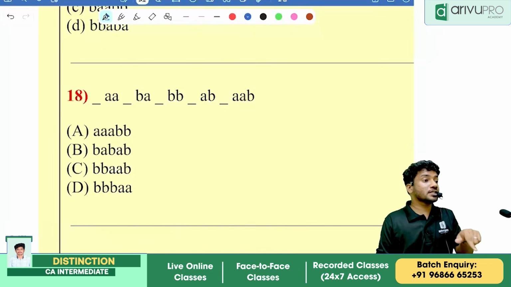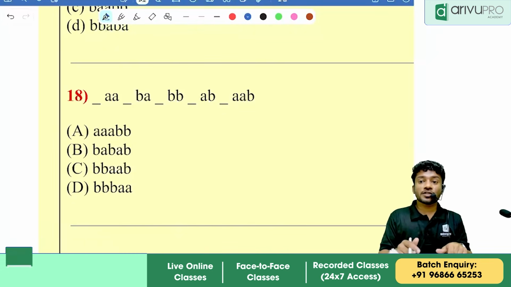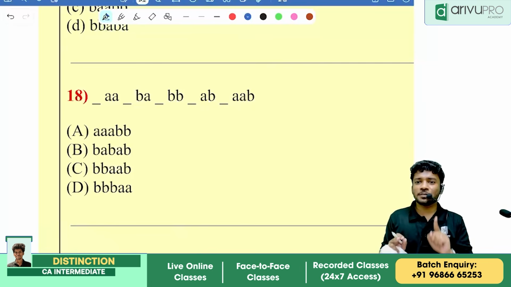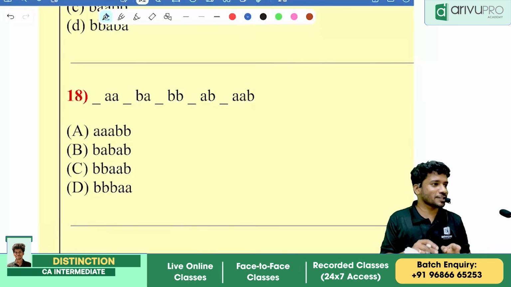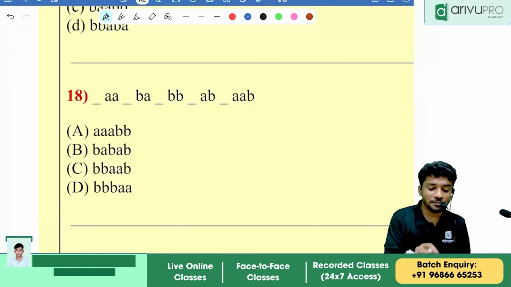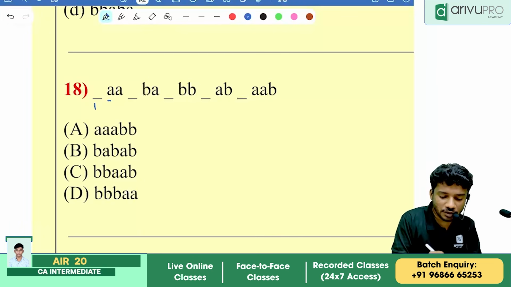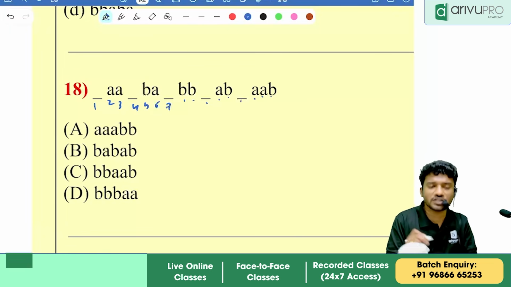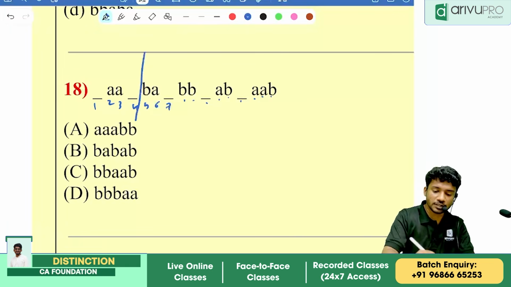If you check your ICA material, a similar question is there, but that is a wrong question. The first question in the ICA material from this chapter is based on this, but they never asked about it. The question is given wrongly over there. Look here. How many letters are there? 1, 2, 3, 4, 5, 6, 7, 8, 9, 10, 11, 12, 13, 14, 15, 16. 16 means 4 letters of